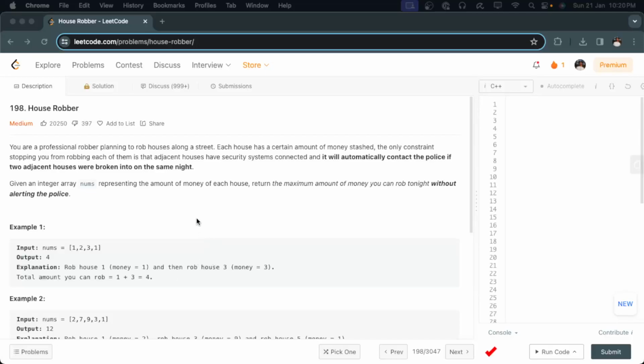Hello everyone. This is LeetCode 198, the House Robber problem. I'm solving it as a daily LeetCode problem. It is a medium-range problem, and the statement is: you are a professional